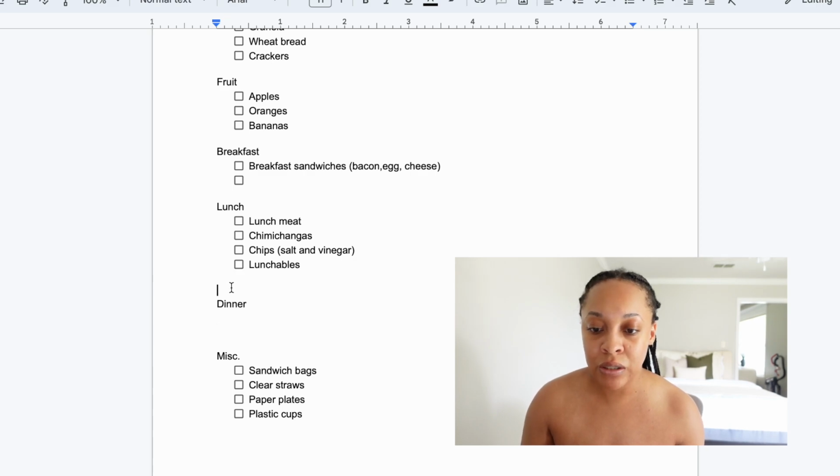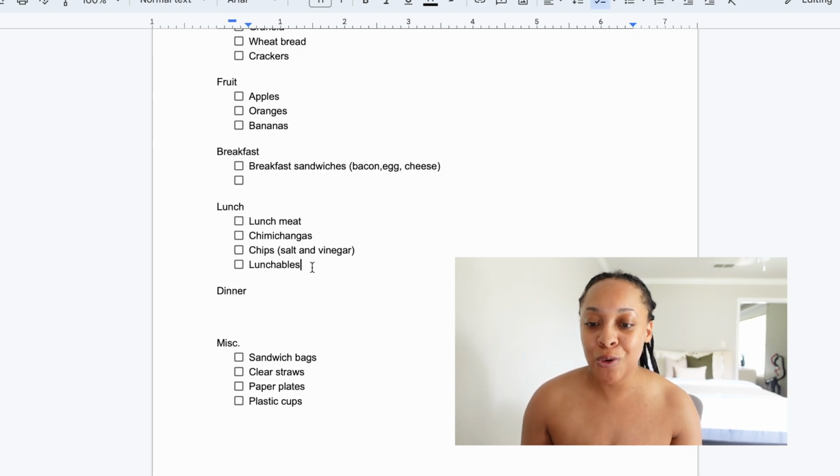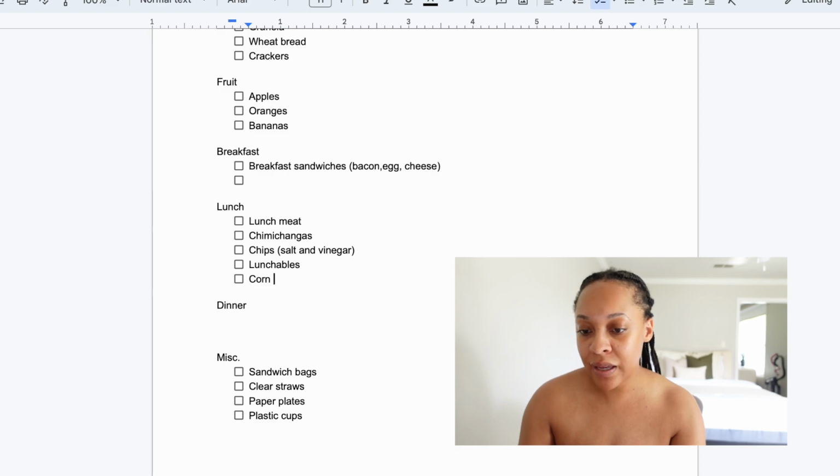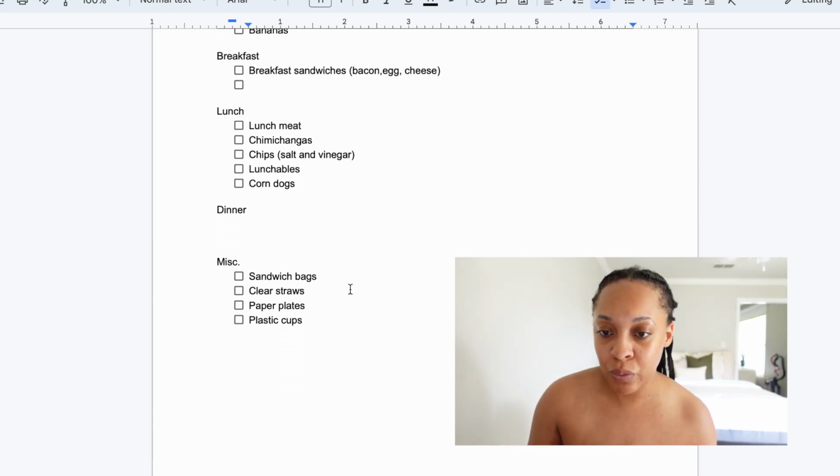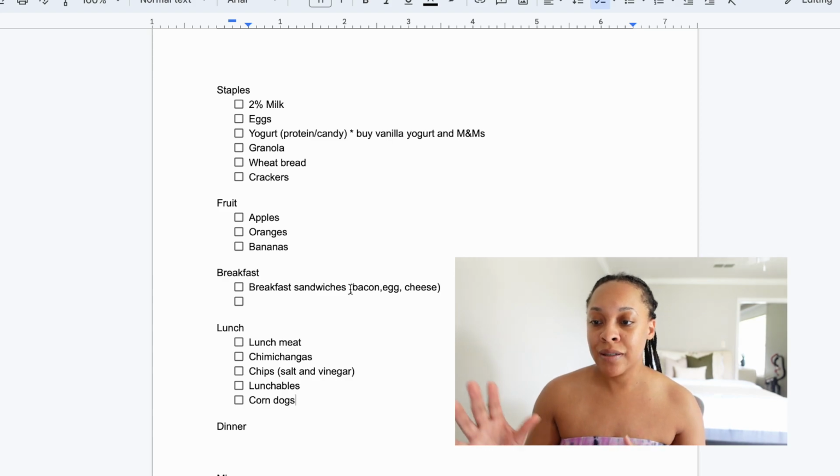He's not going to try it. And that would stress me out even more, you know, starving my kid. So he eats Lunchables. He eats his ham sandwiches and his chips. And that's pretty much it. And corn dogs. So that's what I'm putting on here for him. And there's really just no way around what he likes right now until we can get him to kind of learn how to try new things. So